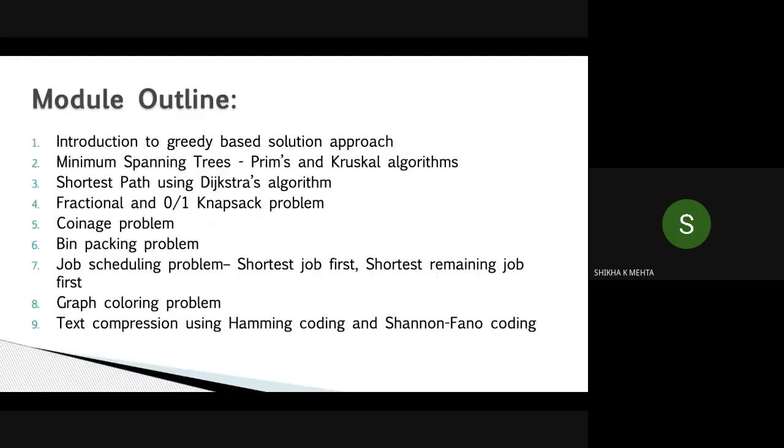So in this particular module of greedy algorithms, we have discussed the basics about greedy algorithms. Then we will be discussing the minimum spanning trees, the graph algorithms in which we use the greedy approach for solving the problems. In the minimum spanning tree, we are going to study two algorithms: Prim's algorithm and Kruskal's algorithm, which are used for finding the minimum spanning trees with reduced time complexity. Then we are going to study the shortest path algorithms, then the fractional and zero-one knapsack problem,